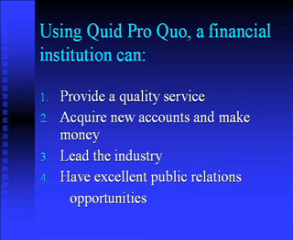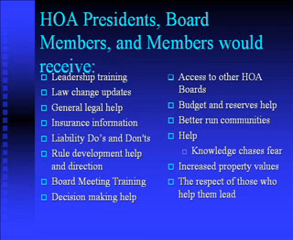However, these financial institutions could offer a quid pro quo solution. That means you do something for me and I'll do something for you. They could provide a quality service, acquire new accounts, and make money, lead the industry, and have excellent public relations opportunities. You see, if the financial institutions would treat homeowners associations, their presidents, board members, and members the same way